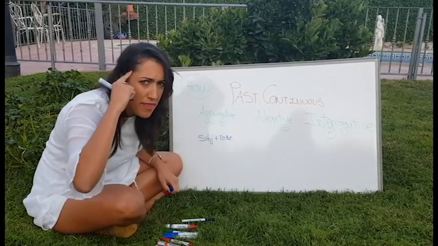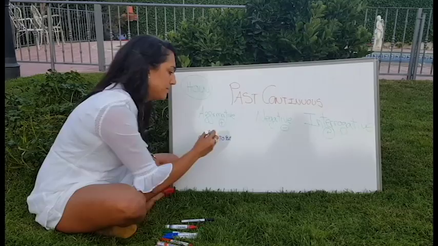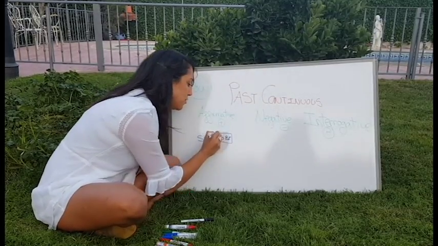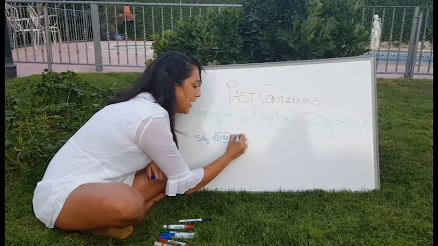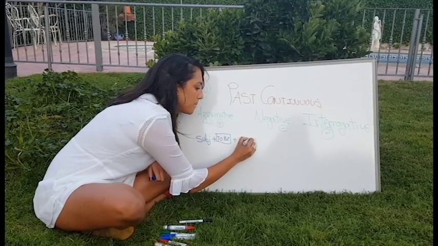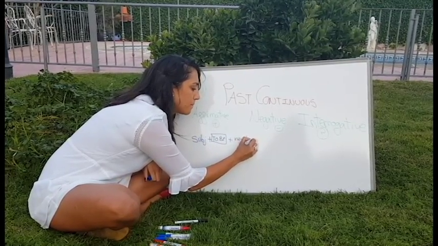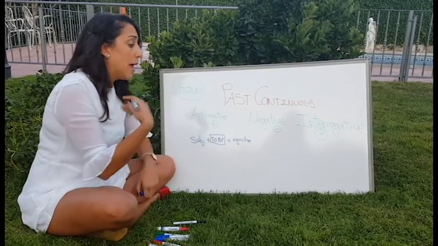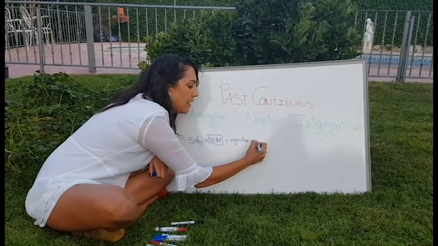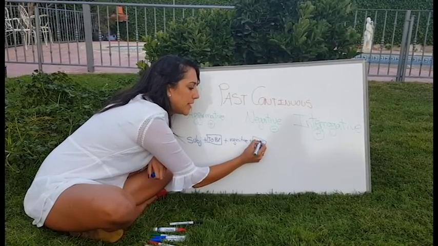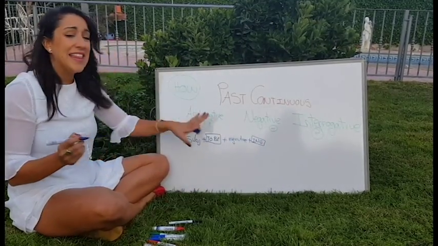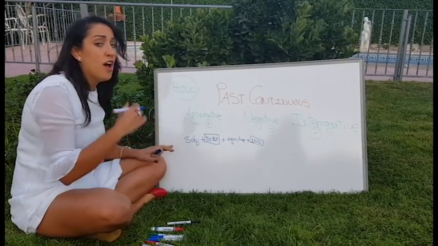So, remember the verb to be? We need to know it. And after the verb to be, we need the infinitive without to plus ing. Okay? And that's it. That's it. For example,